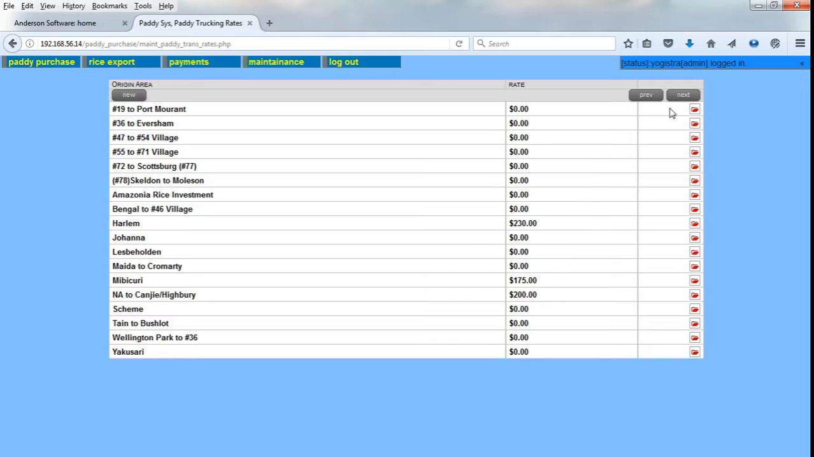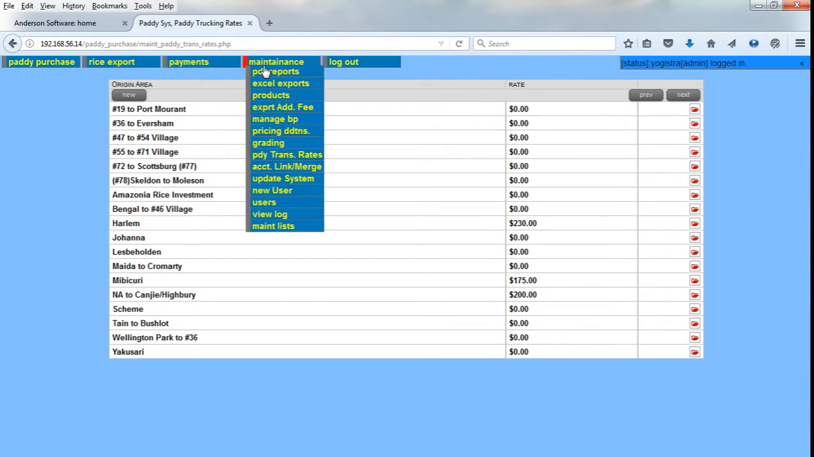Okay, and editing is just the same like the previous screen, the grading screen. Let's see what else we have in the maintenance menu. Okay, this is for adding,